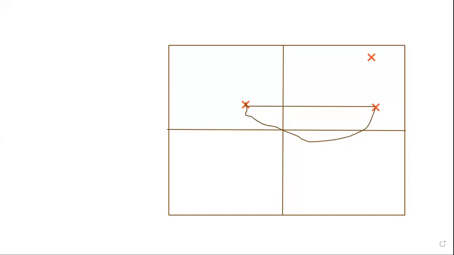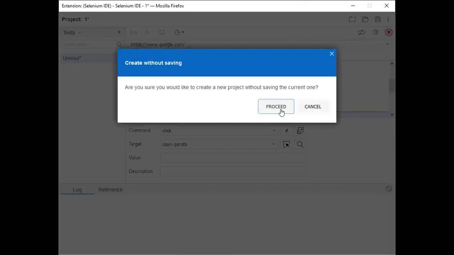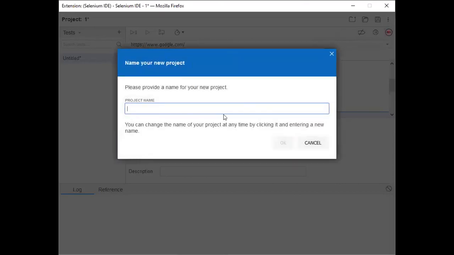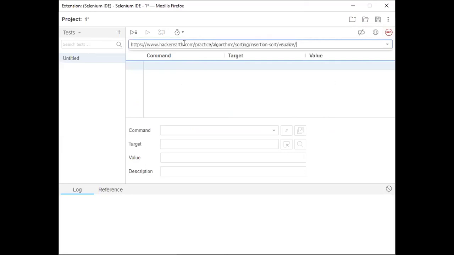So let me take a new instance, which is using Selenium. And I want to create a new project here. As I have not saved that, there is no problem. Once I enter that, I just try to record.